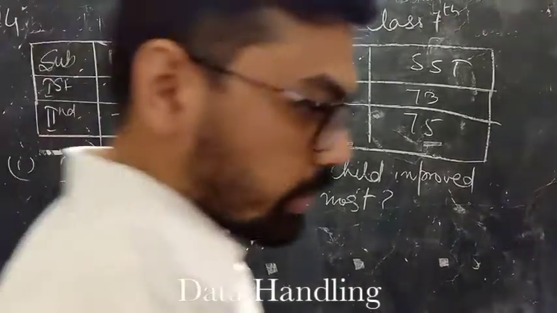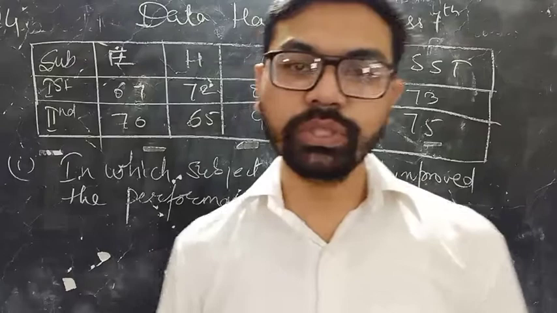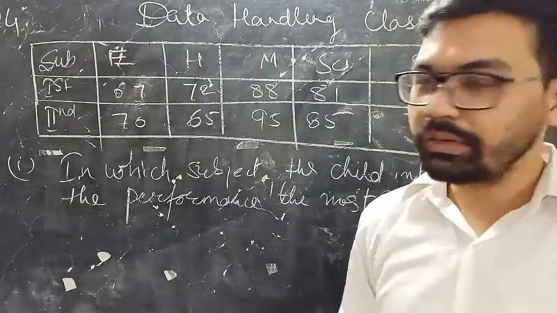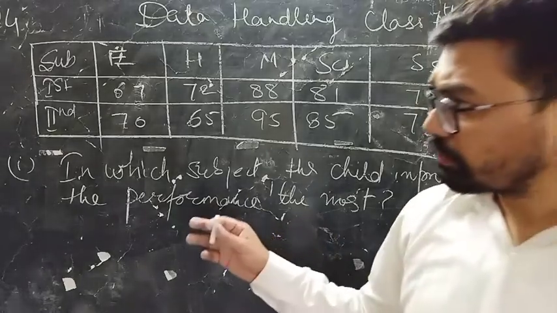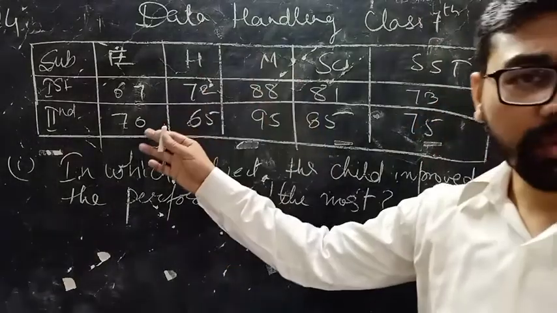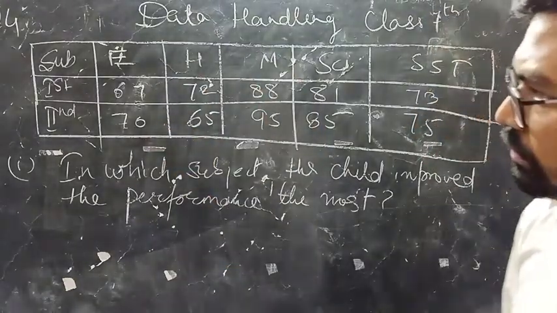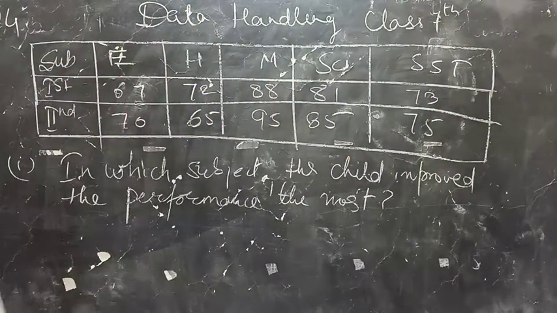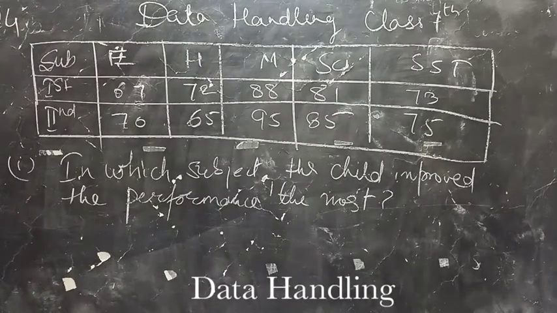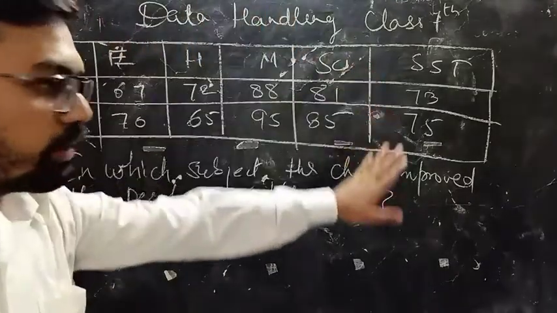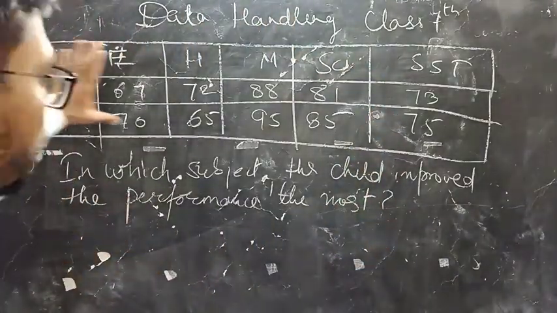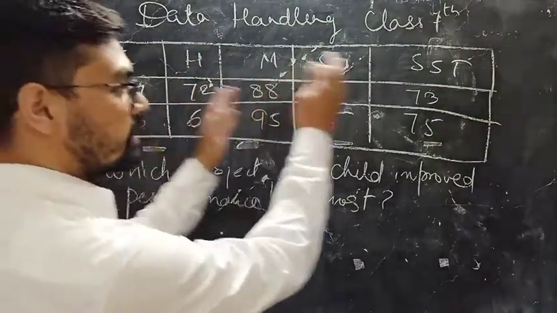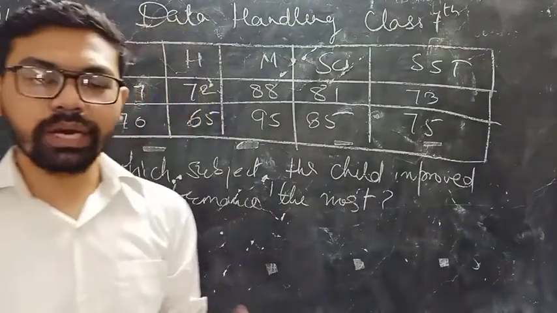Good morning students. Today we are going to cover some more questions based on data handling, bar graph, double bar graph. Okay. So I have taken question number 4. This question is given on page number 73 of your NCERT. Though I have not written the whole question, I have written the data over here, and you need to represent this data on a double bar graph. How to draw, I'll explain to you.